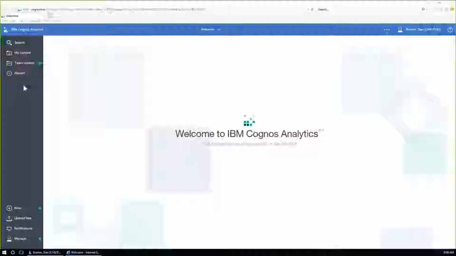And so there's 4 ways to get there. One is to search for them. You put in a phrase, it finds matching objects, and then you can select one of the objects from the result of the search. If you're a COGNOS 10 user, if you've used the previous version of COGNOS, then you